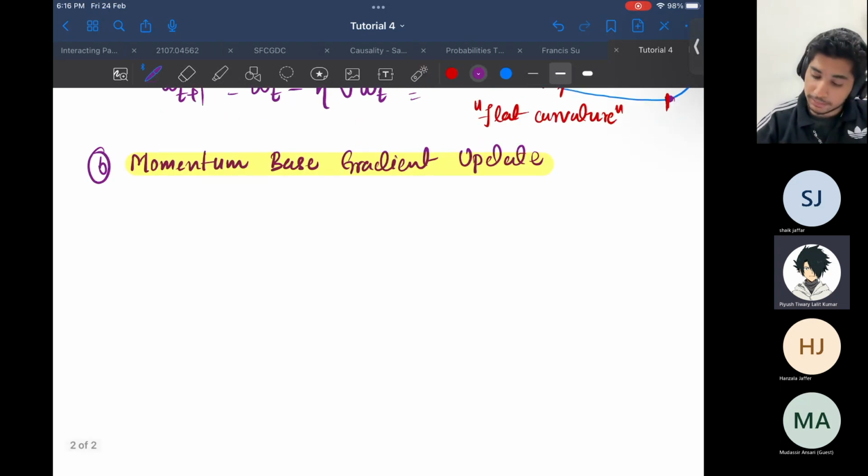Mathematically speaking, what we did was we defined something as updates. Update at time t should be equal to gamma times update at t minus one,